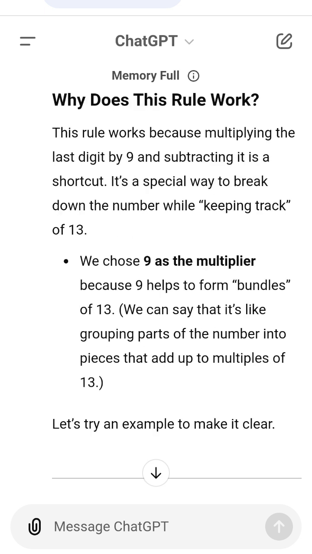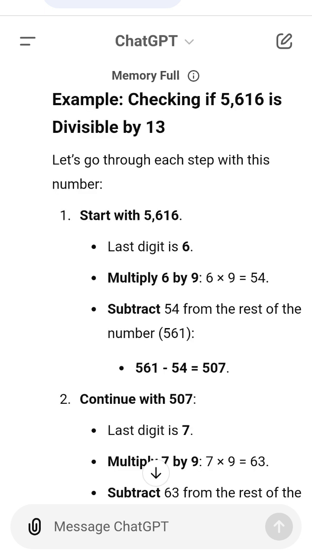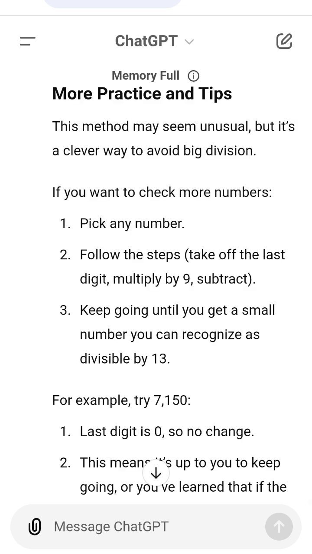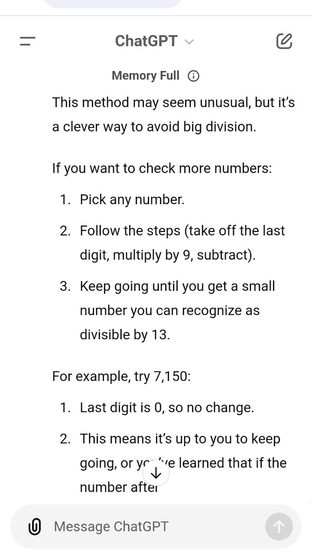More practice and tips. This method may seem unusual, but it's a clever way to avoid big division. If you want to check more numbers, 1. Pick any number. 2. Follow the steps. Take off the last digit, multiply by 9, subtract. 3. Keep going until you get a small number you can recognize as divisible by 13. For example, try 7,150. 1. Last digit is 0, so no change. 2. This means it's up to you to keep going, or you've learned that if the number after